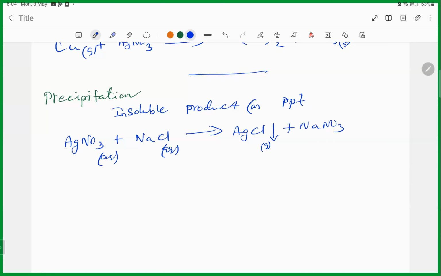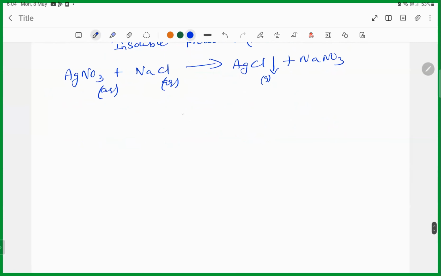plus NaNO3, correct. Okay, the next one. Explain the following terms in terms of gain or loss of oxygen. So gain or loss of oxygen. Two examples. Number one,